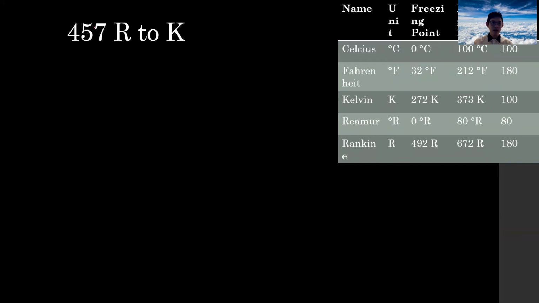First, we have 457 Rankine to Kelvin. So here I have the table to assist you so that it's slightly easier and you don't need to move back and forth from the video. The temperature in Rankine is 457 Rankine. So we write it as 457 minus the freezing point, 492, per the range, 180,